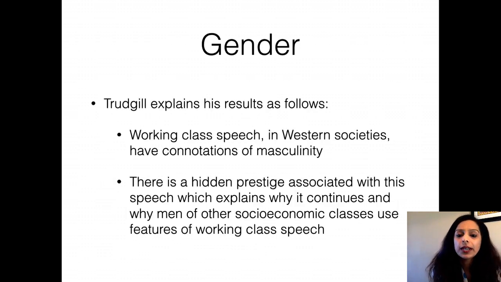This has to do with connotations of masculinity and working class speech. There is some hidden prestige associated with this speech, and that's probably why men continue to use features of working class speech: they want to be masculine and identified with their peers.